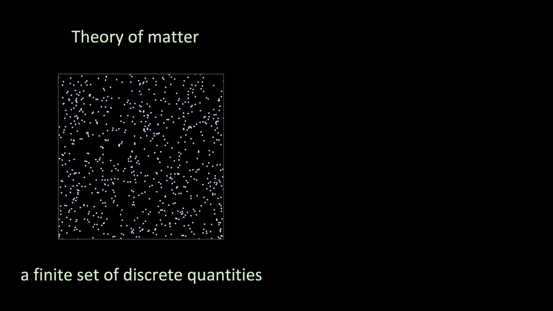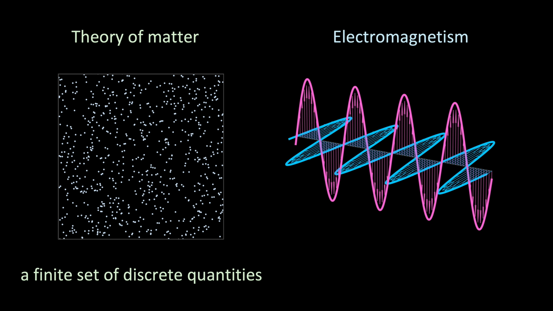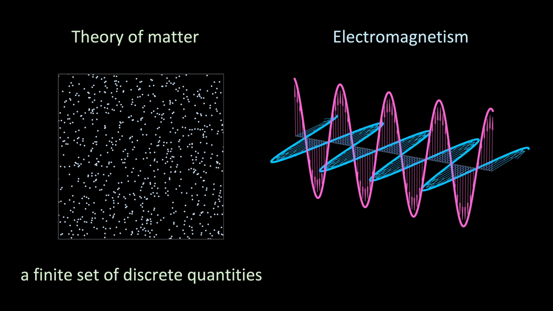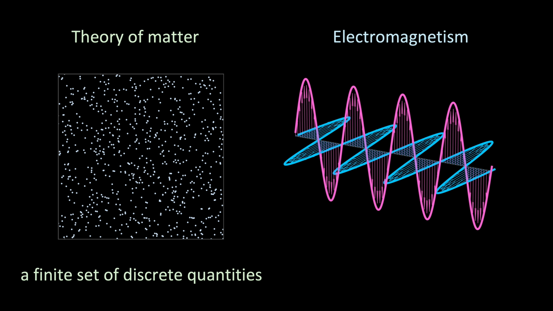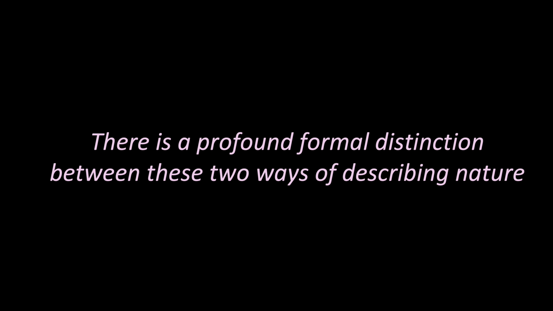On the other hand, there is Maxwell's theory of electromagnetism. There, the state of the system is not given by a list of particles, but by continuous fields, smooth functions defined at every point in space. In Einstein's own words, there is a profound formal distinction between these two ways of describing nature. This difference had not seemed troubling as long as both theories worked in their own domains, but the blackbody radiation